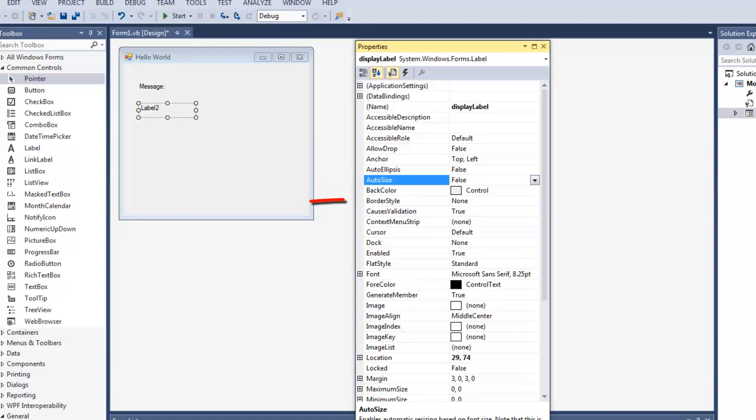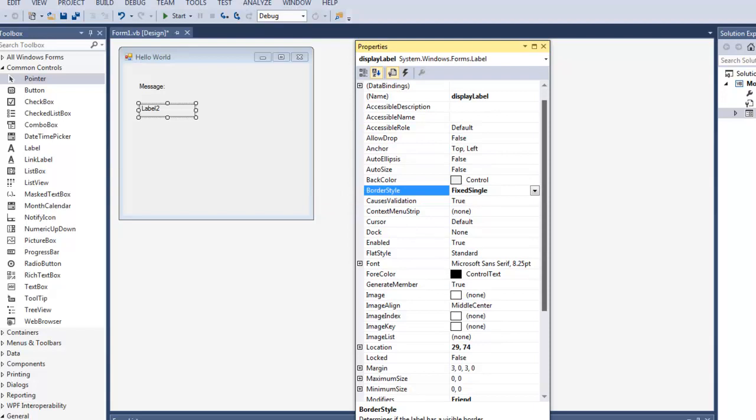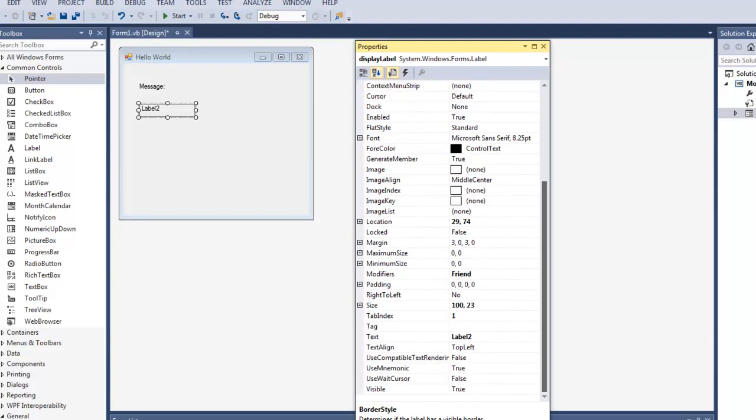Okay, and next one, border style. Let's change that to fixed single. So we've got to make sure to change those two properties. I scroll down and take a look at the text property, and now I'm going to erase the text property. I'll press enter on the keyboard, and bam, there's my